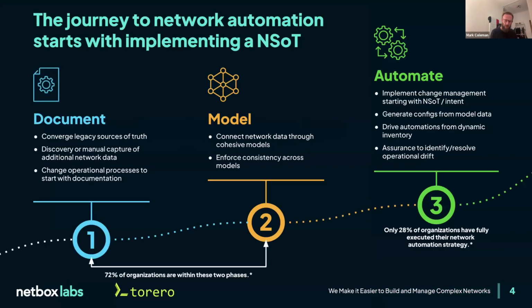The first one's this one. Now, like I said earlier, we're going to start high level, we're going to get really specific, and this is pretty high level. But what we talk about a lot with the NetBox community and with our customers is this idea of there being three main stages that people go through when they're adopting a source of truth to be able to do automation with tools like Itential and Torero. The first one's document. And a lot of the time for us, we like to say NetBox's biggest competition is Excel. Like, you sure you understand your network, but it's in a spreadsheet that may or may not be up to date, or it's on a wiki somewhere, or it's in someone's head, or it's in the network itself.